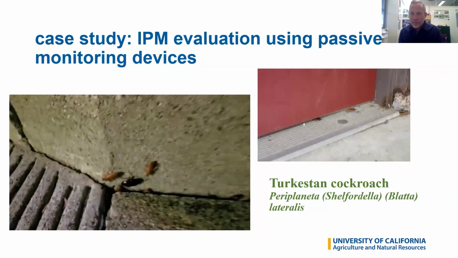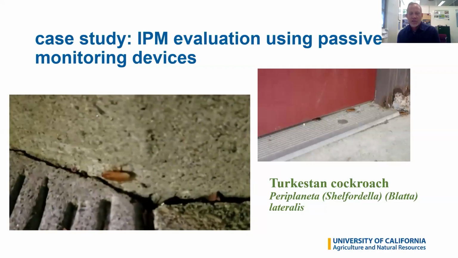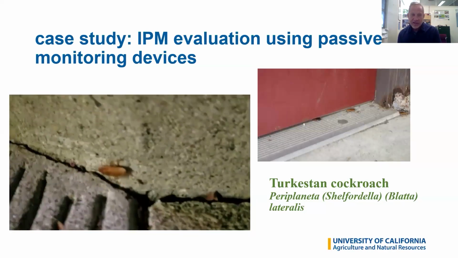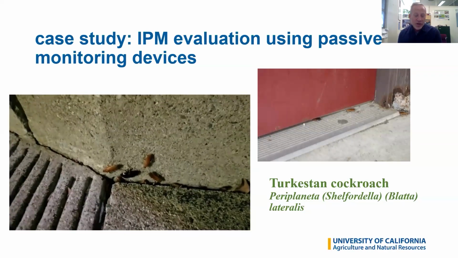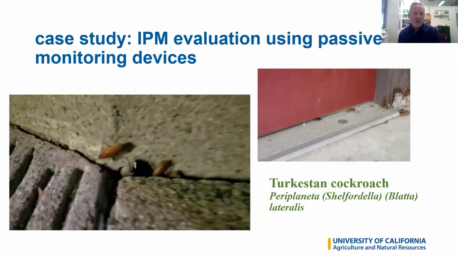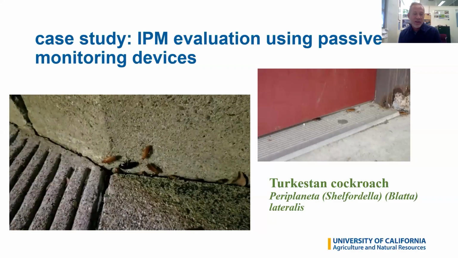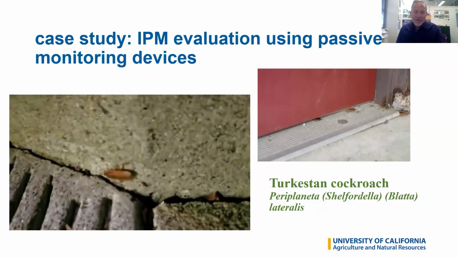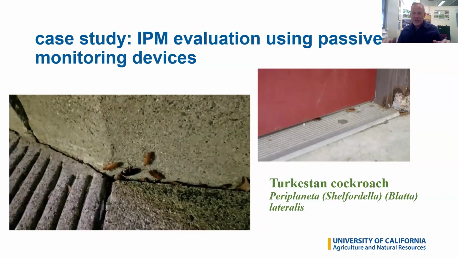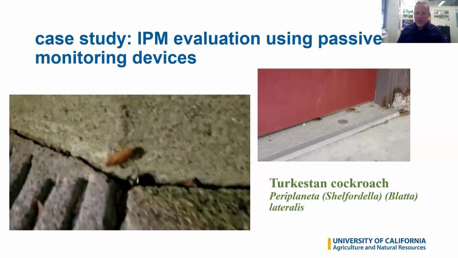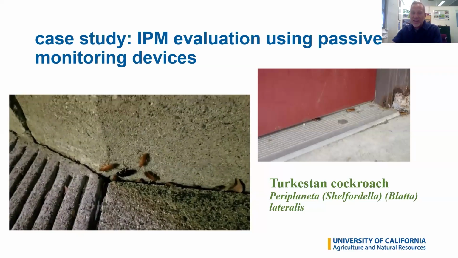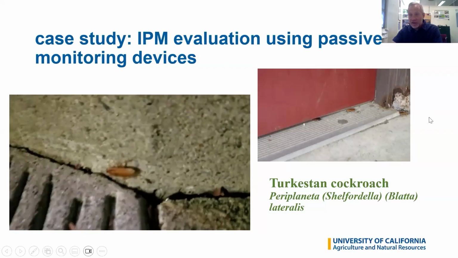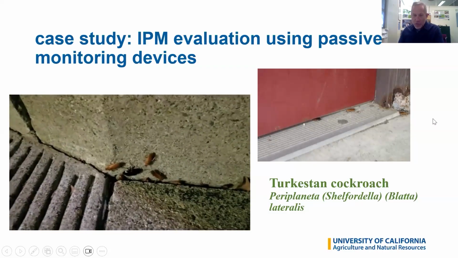So let's move on to a different cockroach species. We've already talked about this one a little bit. Turkestan cockroach. Again, they don't live inside like German cockroach. They're harboring usually in outdoor crevices, like this pavement crevice, which leads to a void space. And what happens is at night, when they're foraging around, they can enter our buildings, especially under exterior doors that are poorly sealed. So you see in this image here, I caught several in the act of going right underneath